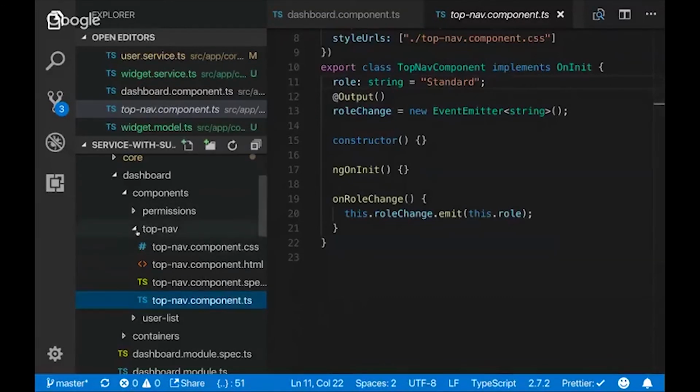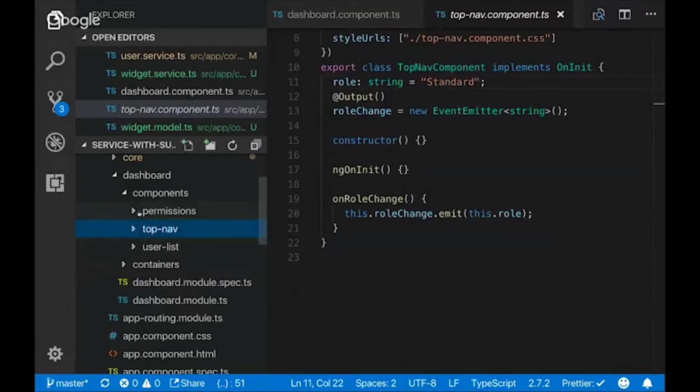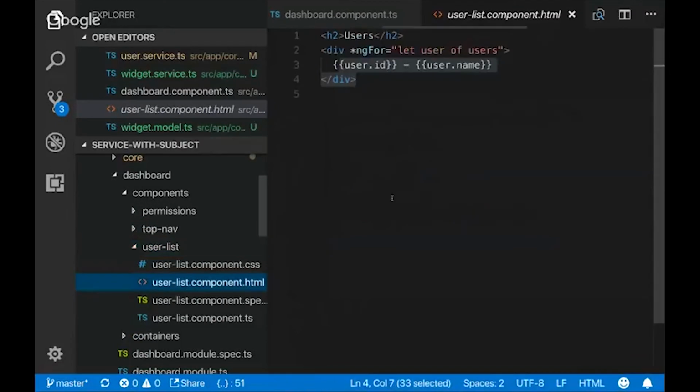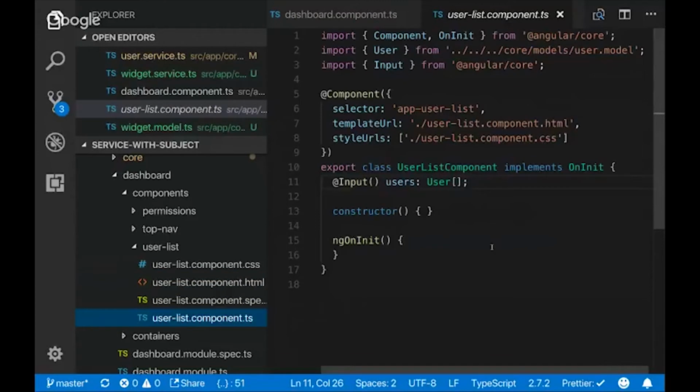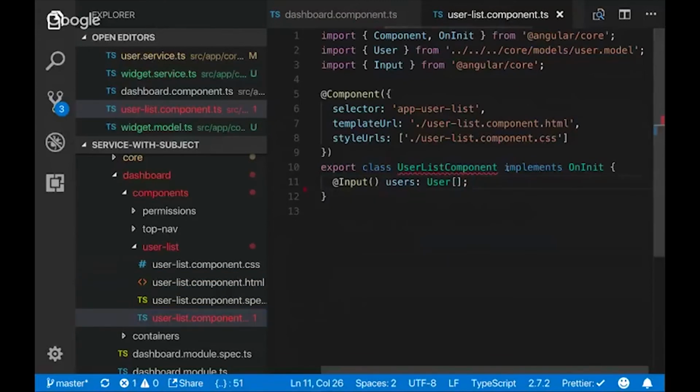Great. So now if we come over here to our users list, it's really nothing more than saying, hey, let's use ngFor, use our decorator there to enumerate over users, and we're displaying the user ID and the username. No magic, okay? If we look at what's actually in here, it's nothing. In fact, both of these could be deleted. Implements OnInit could be deleted, and that's as simple as my component could really be. It's only receiving the input.